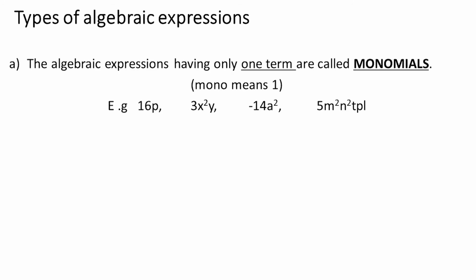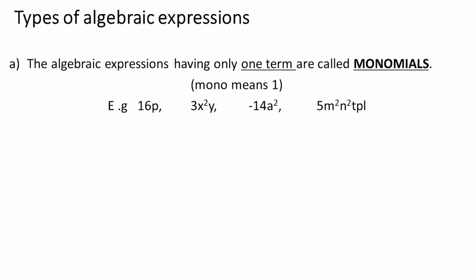Mono means one. Therefore, those algebraic expressions which are made up of one term are called monomials. So examples: 16p, 3x square y, negative 14a square, 5m square n square, and so on. So we can have monomials by using one variable, two variables, more than two variables, and we also use power